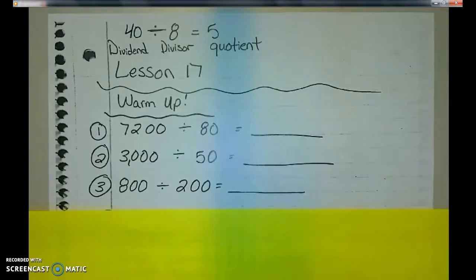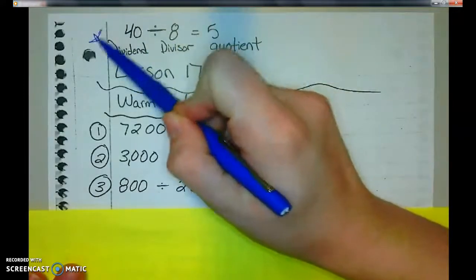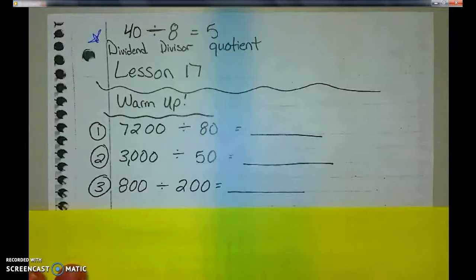All right, so now that you guys have written everything down, hopefully you guys have gone through and answered the first 3 warm-up questions. Before we answer those 3 warm-up questions, I just want to bring your attention up here to some vocabulary that I'm going to be using. Now that we're diving into division, it's really